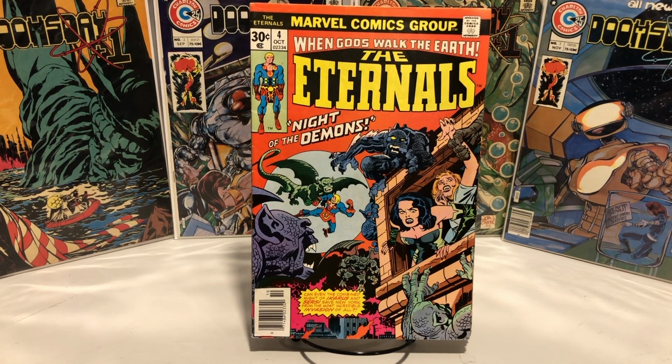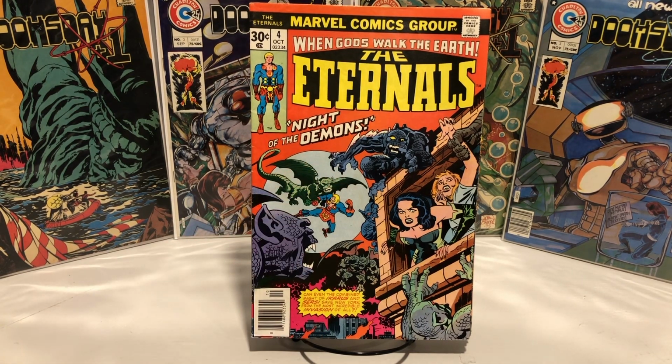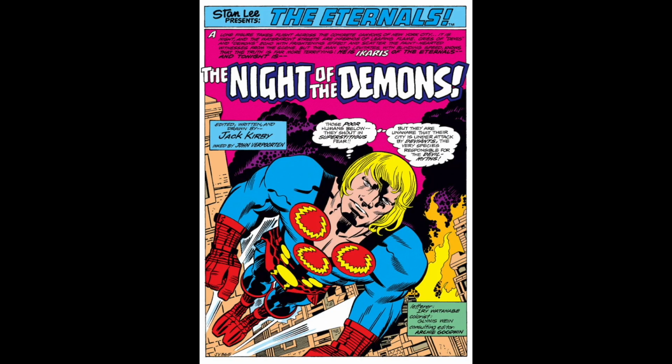The Deviants then put Icarus in a capsule and shoot the capsule into the ocean. The art is pure Jack Kirby in this issue. I love the iconic claws the Deviants have on this cover. Very Jack Kirby. When you open this comic up, of course you get a great splash page and you think,